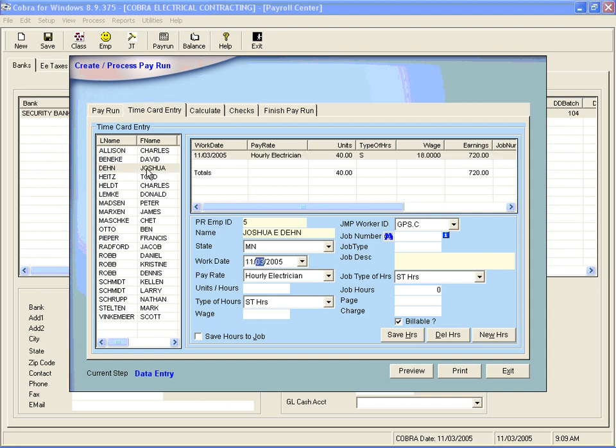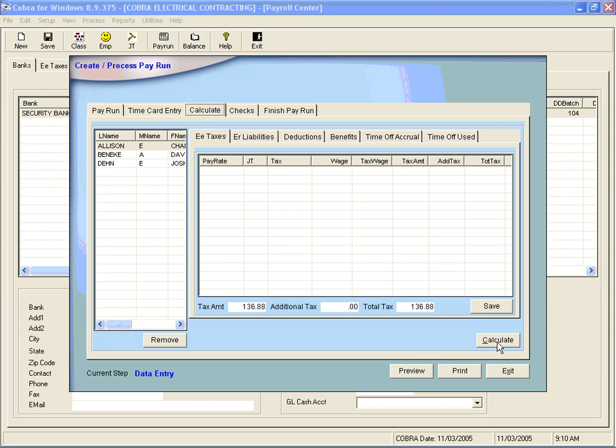So let's say for this guy, we actually wanted to enter or edit the existing hours record. I can do that by double clicking on it. It brings it down here. Maybe it should have been, as I was trying to do before, 41 hours. There we go. So again, it updates our units. We could enter more time card records, etc. So I go back to calculate, and I can click my calculate button,